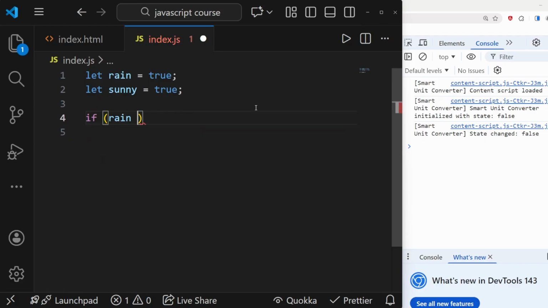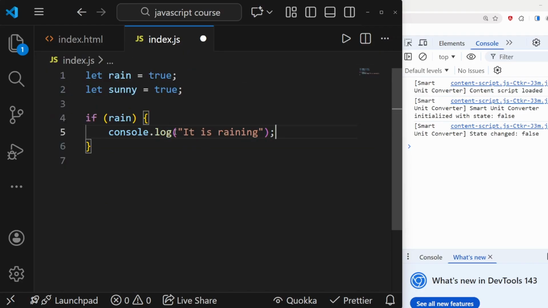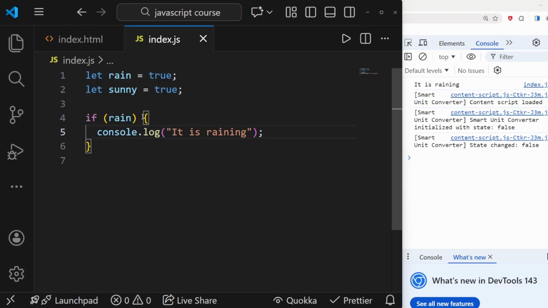But in JavaScript, you can also just leave this away. And this right here means if rain is true. So if it is raining, then we can console.log "it is raining". But now there exist a couple of logical operators that, for example, allow you to check